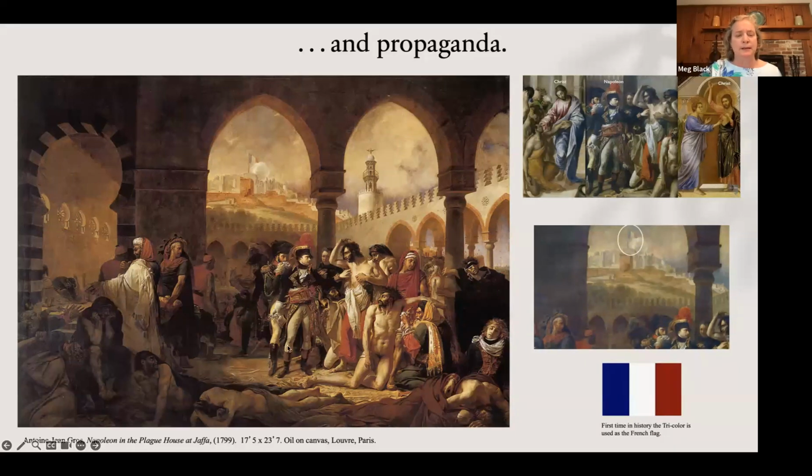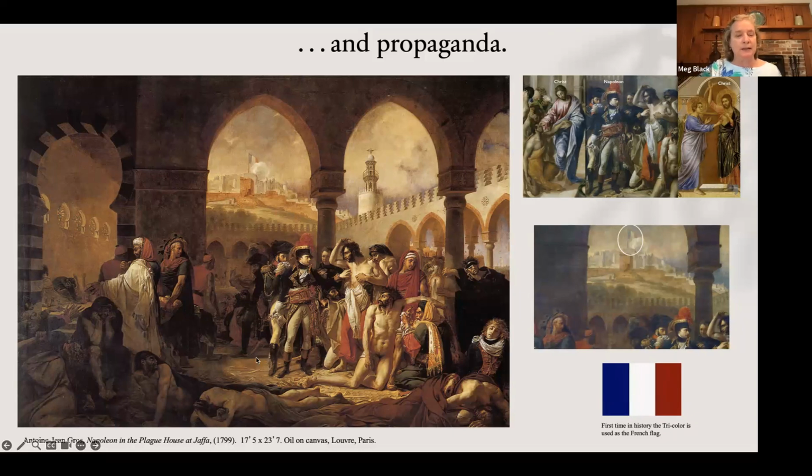Well, this is Napoleon. And this is a French painting. This is in the Louvre. And you see him touching this plague victim, one of his own soldiers. This is Napoleon in Jaffa. Jaffa is now a city in Israel. But at the time, it's part of Egypt. It had been filled with native Egyptians. You can see them over here. And Napoleon has invaded Egypt, and that's where he gets a lot of the spoils that go back to the Louvre. And he's in this plague house. And the plague house, of course, is killing not only the Egyptians, but his own soldiers.